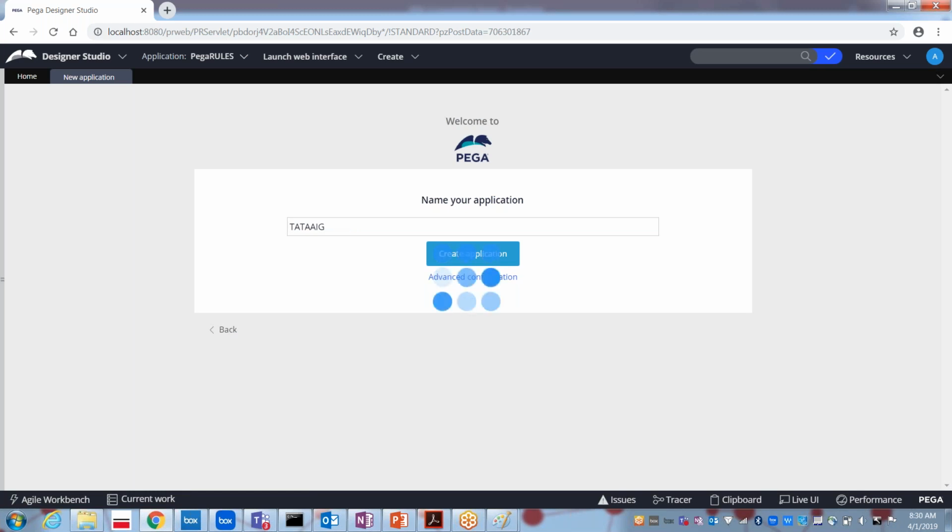It will create all the classes and all the high level rules for us. Later we can modify the application as per our need. As per client requirement, we can implement the functionality further.